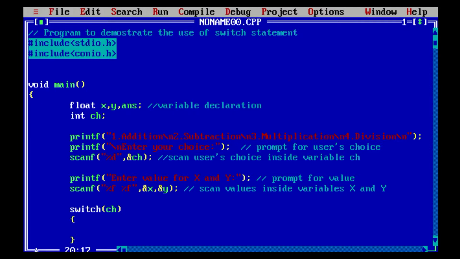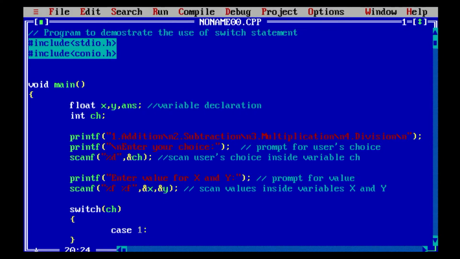Inside switch, we will pass expression variable that is ch that contains user's choice and match its value against all possible 4 alternatives one by one. Case value 1. If ch contains option value 1, that means user has selected addition.